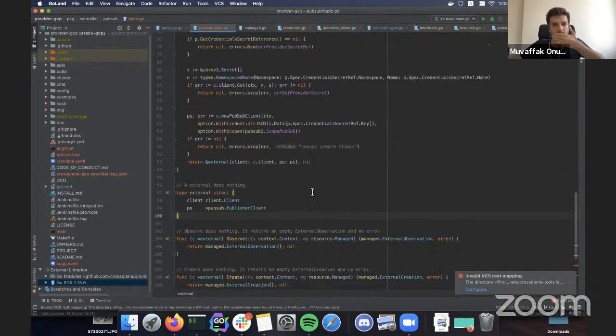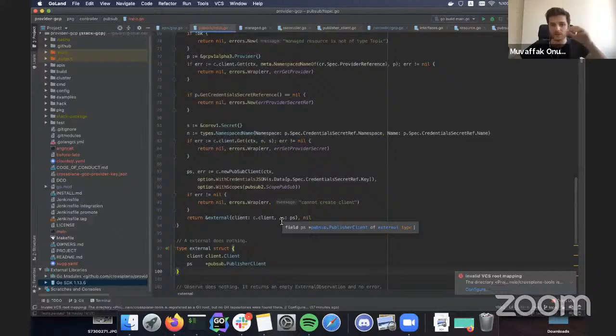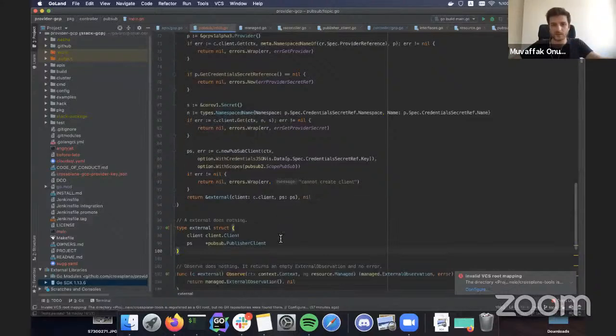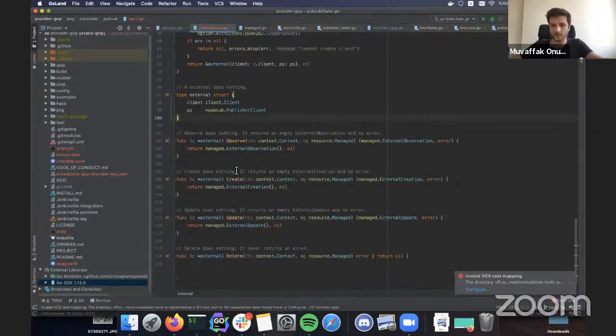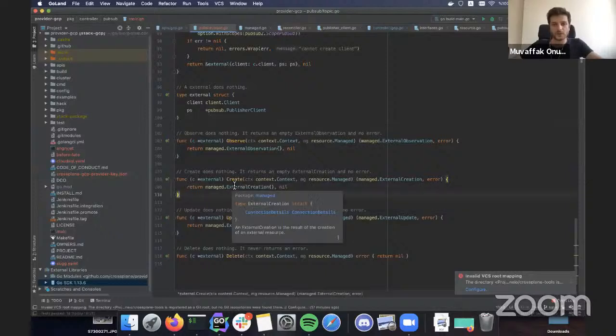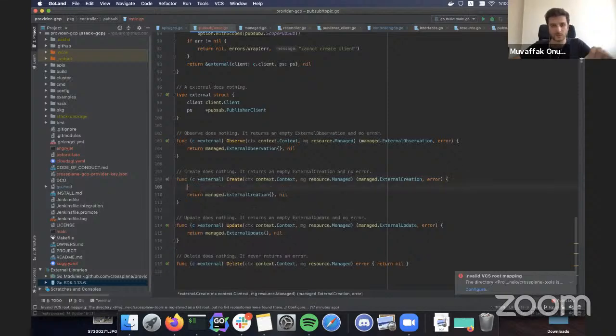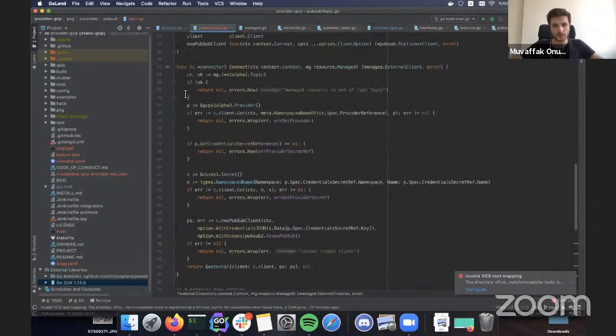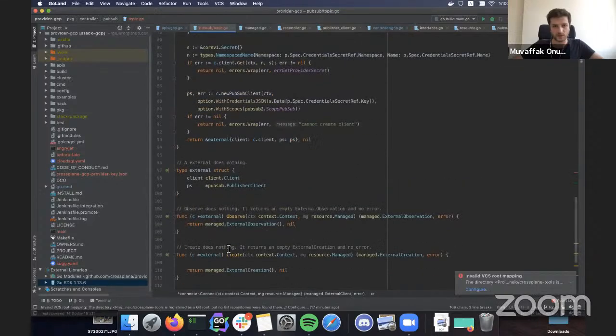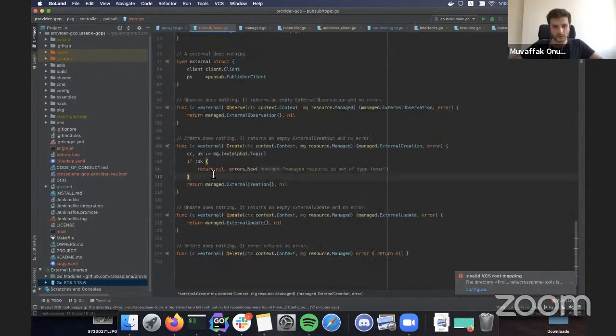Cool. So what happens is that after we connect, our managed reconciler instance calls these methods as appropriate, whenever appropriate. So the first thing that I would like to do is to implement the create method, so that we can get a glimpse of what it looks like real quick. So as I said, we have to do this in each of these methods.